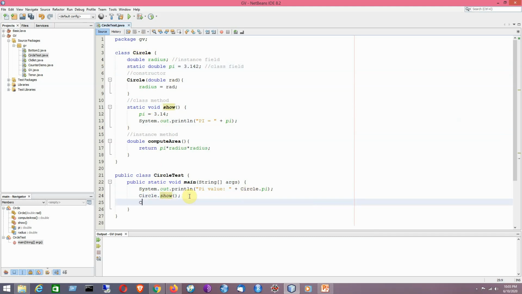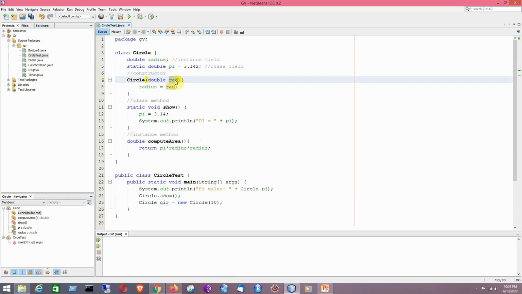Now I will be creating an object of it, because without creating any object I won't be able to call the instance method. So it is the name of the class Circle. So then comes the object creation part. Here comes the constructor. Suppose I am passing the value as 10. So this value 10 will be going here. So it will be making the value of this local variable to be 10.